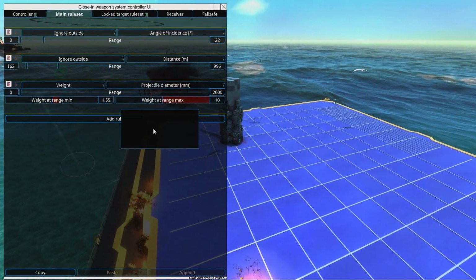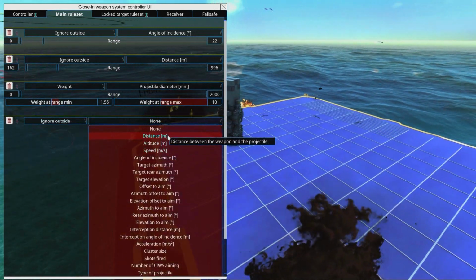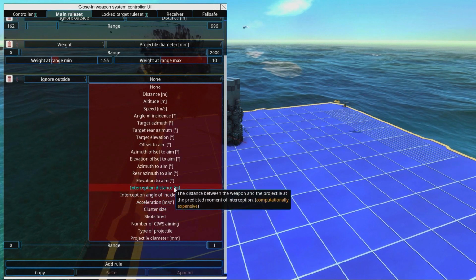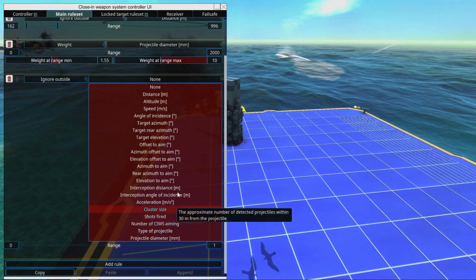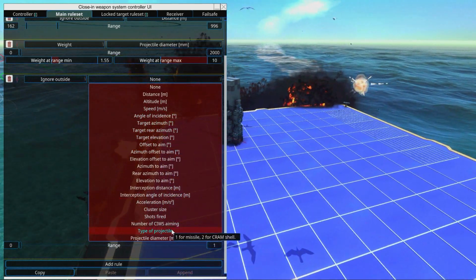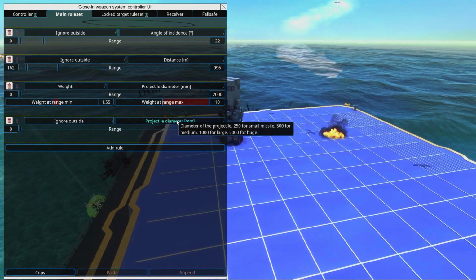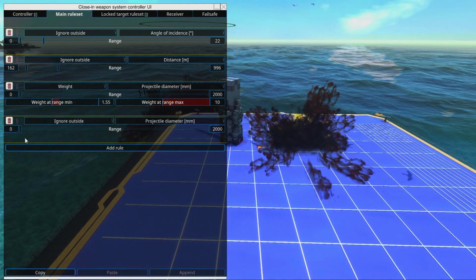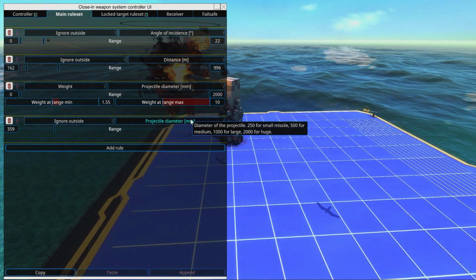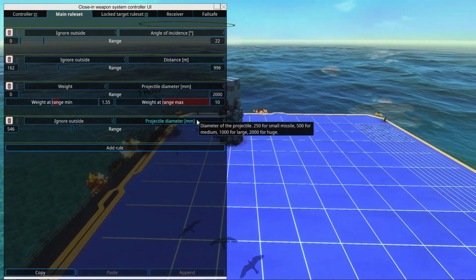Let's see here. Main target rule set. So, ignore outside. Diameter. Let's see here. Where are we? Distance. Is it gauge? No. Projectile diameter. Right. So, of course, 2000 is the max. So small missiles are 250. It's not worth wasting a shot on small missiles. And probably not medium missiles either. So if we set this above 500, it should be at least large missiles, huge, and